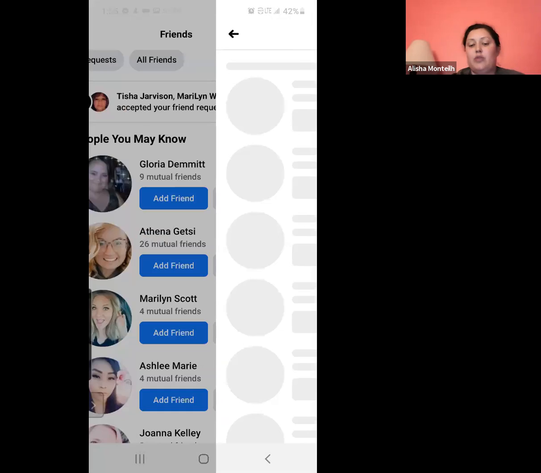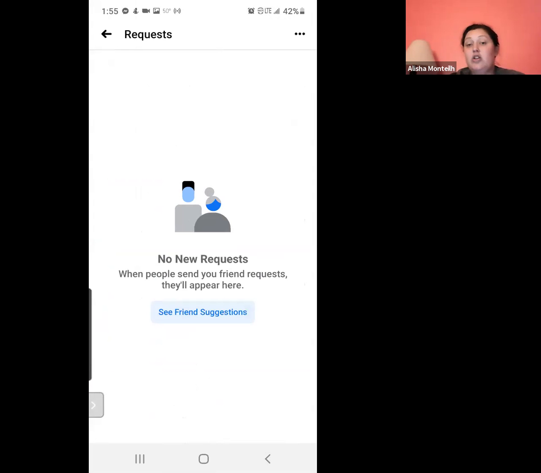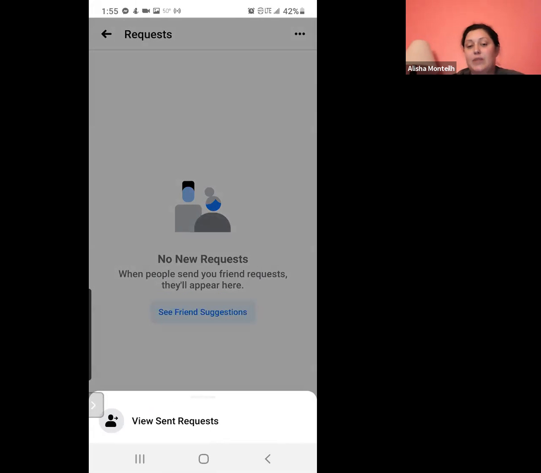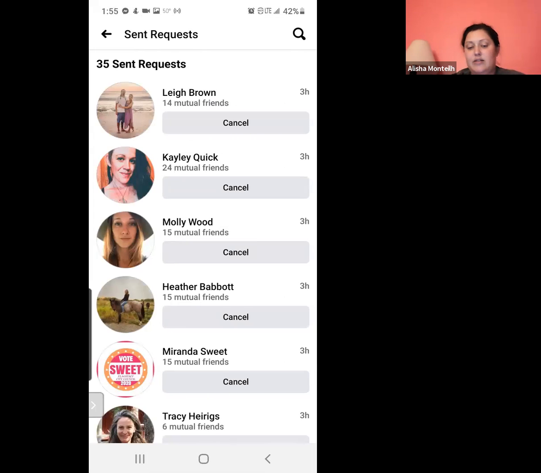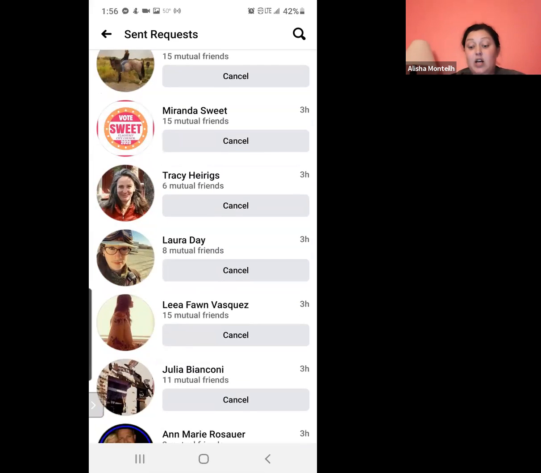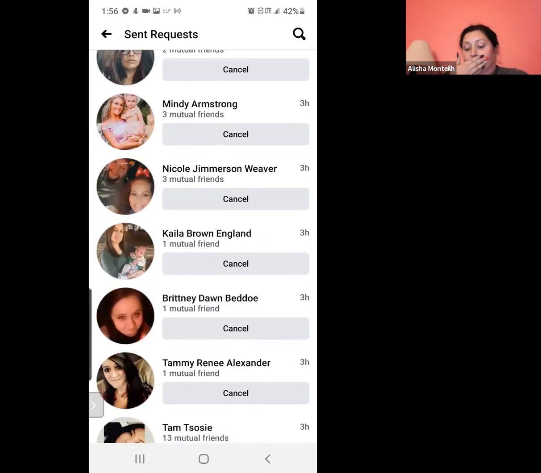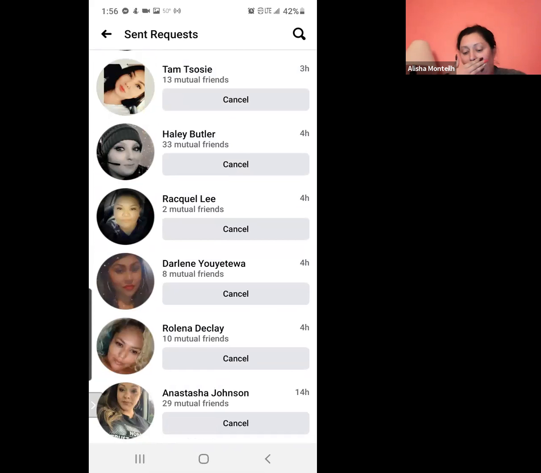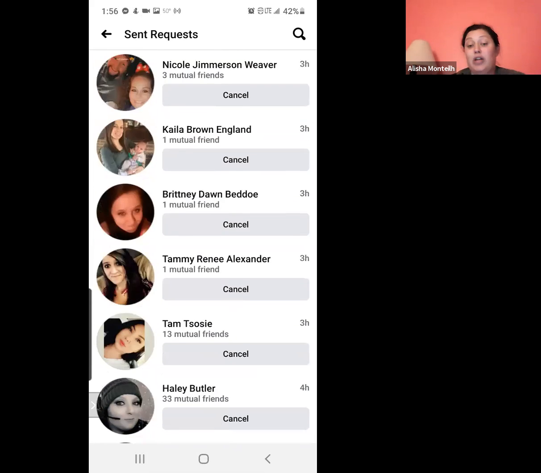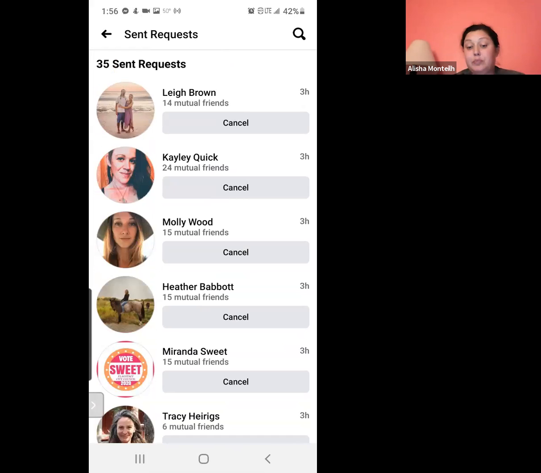If you click on requests, I have no new friend requests, but in the top right-hand corner there are those three dots. If you click those three dots, at the bottom it says view sent friend requests. These are all the friend requests that I've sent. As you can see, I have only 35 friend requests sent out.